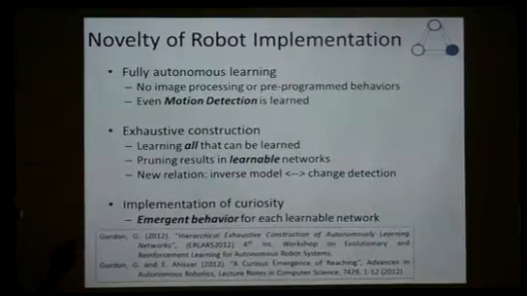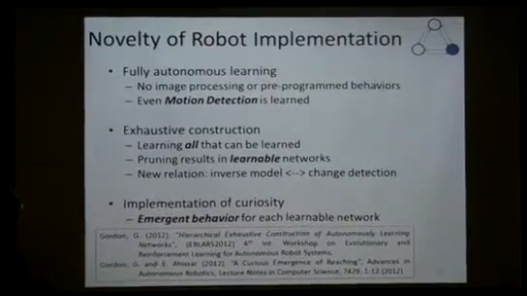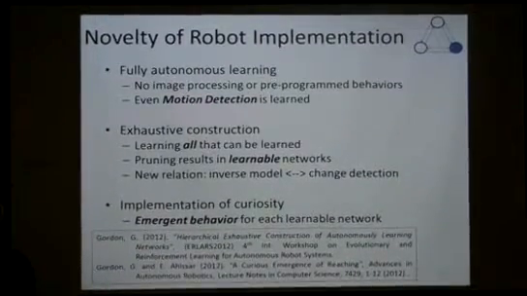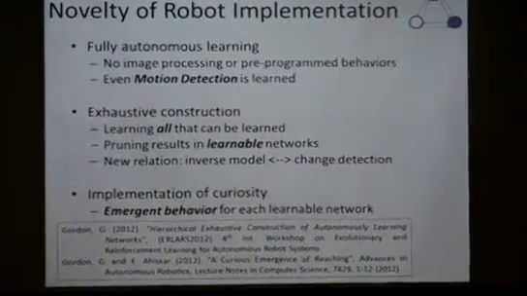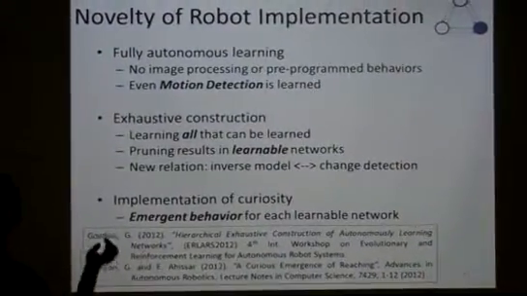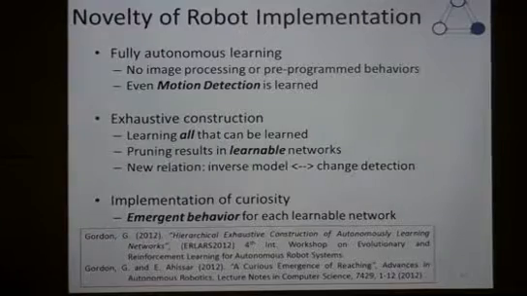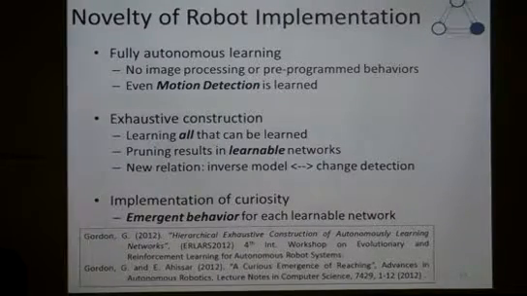What's different between what I'm doing? First of all, I'm really adamant about having nothing in the beginning. No image processing is allowed. Everything should be learned from scratch. Most of the people have this color recognition or object recognition initially or stuff like that. And I also don't want to have pre-programmed behaviors. So usually people do, so there is a primitive of moving the hand here. Let's see how you use it. So I don't allow this thing. So even motion detection, which is the minus sign, has to be learned.